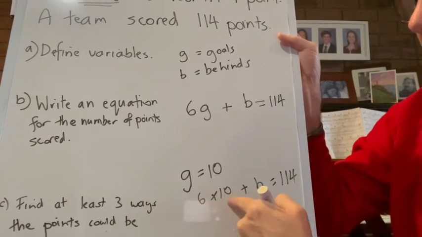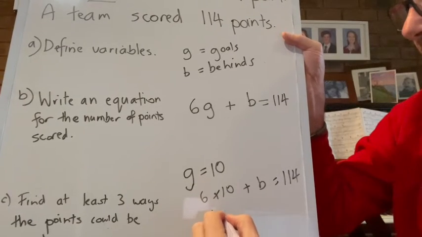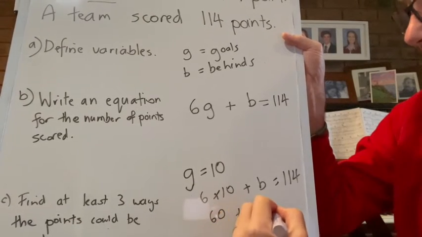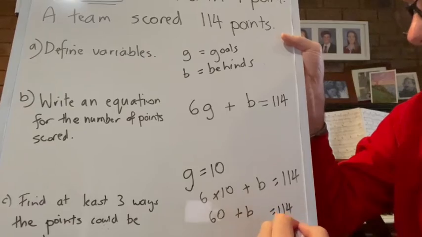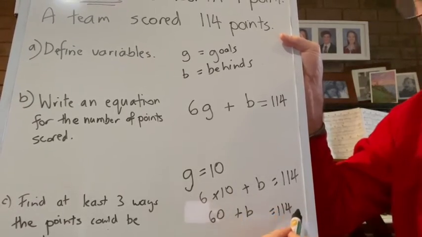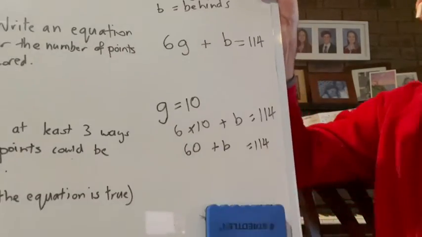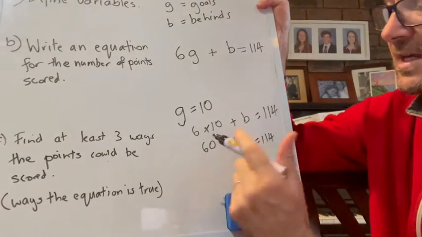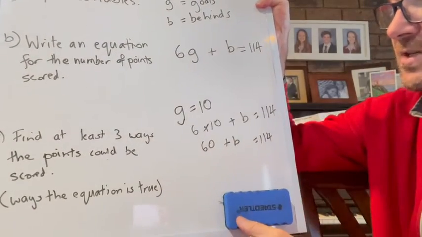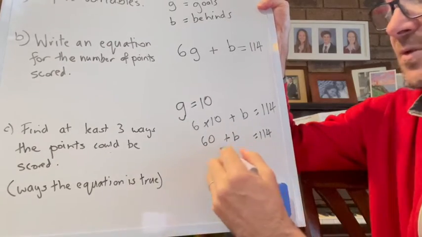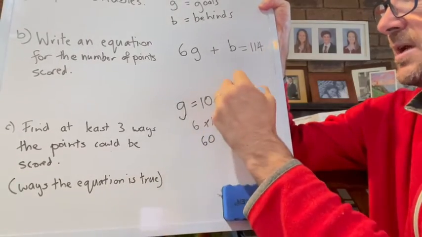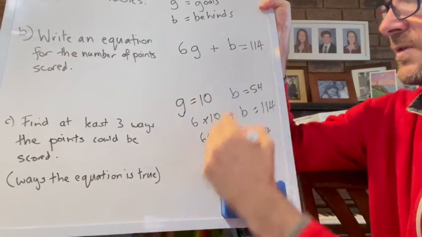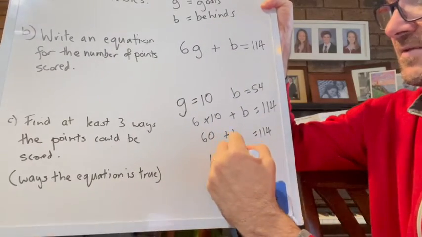So 6 tens are 60, plus B equals 114. If we take 60 away from 114, that will give us the number of behinds that would need to be scored. In this case, it'd be 54, so B would equal 54. So 60 plus 54